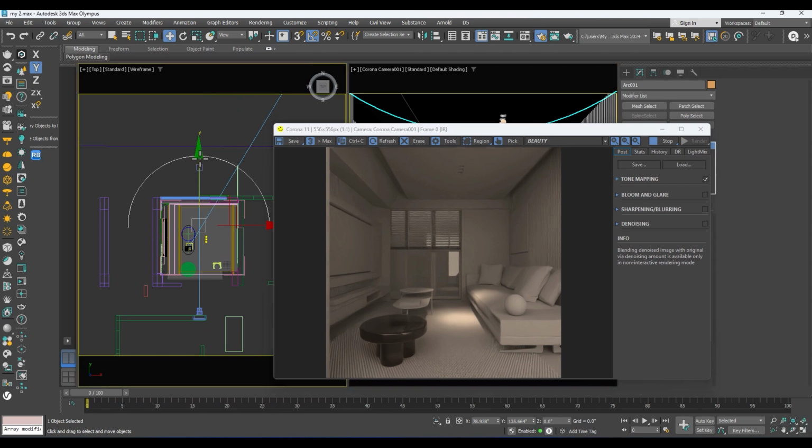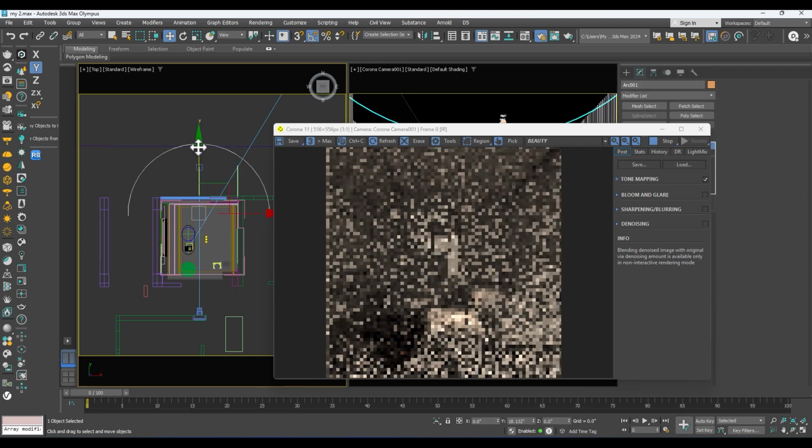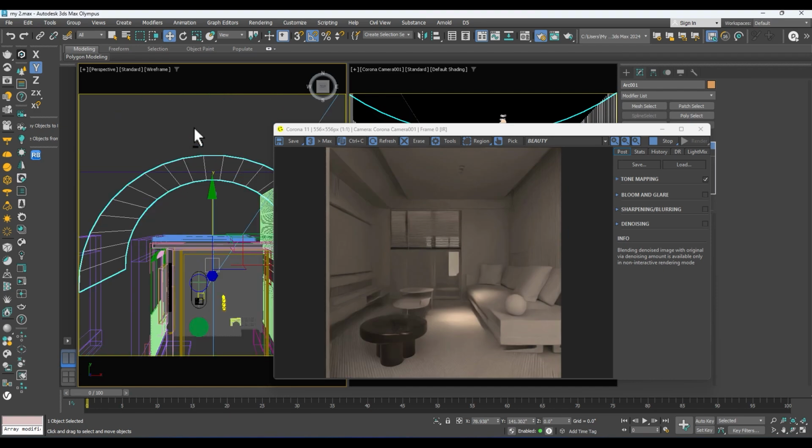Then that will be our environment like texture. I will add here environment like texture. I'll add here environment map. Okay,